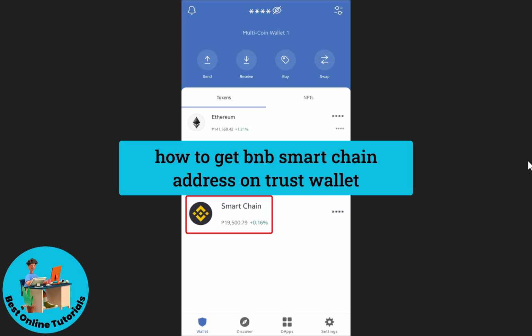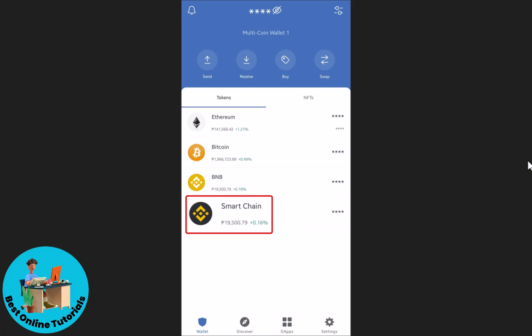How to get your BNB Smart Chain address on Trust Wallet. So the first step is to open up your Trust Wallet. So launch Trust Wallet and go to your wallet dashboard, and you should see a list of your cryptocurrencies and